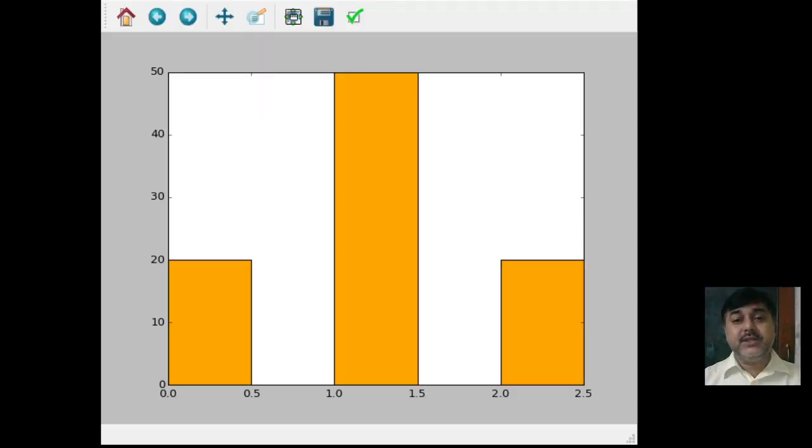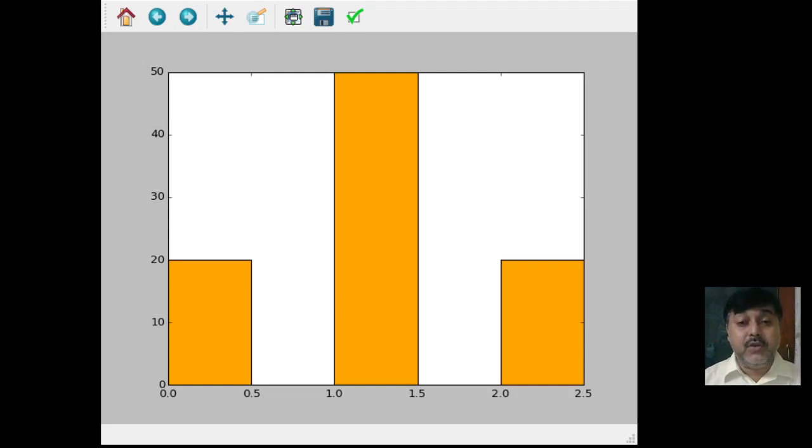See here in this graph, based on the different values, the range has been taken from 0 to 50, and based on that range it has plotted the different values: first 20, then 50, then again 20.